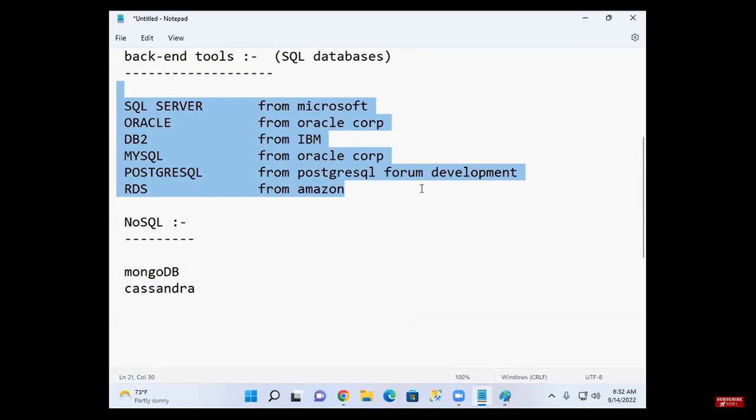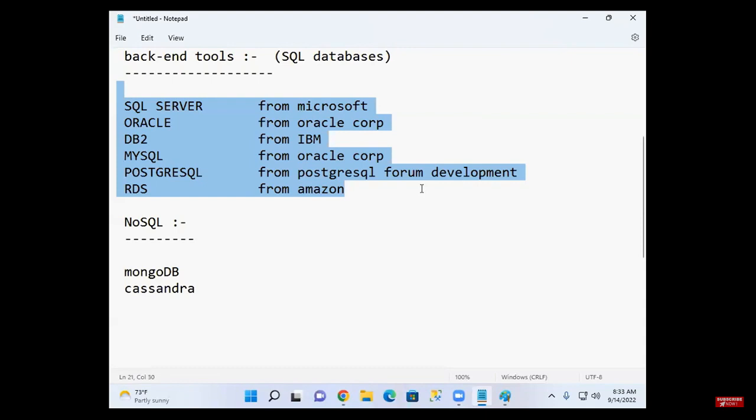And these databases are good for storing unstructured data. So SQL databases are good for storing structured data, and NoSQL is good for storing unstructured data.